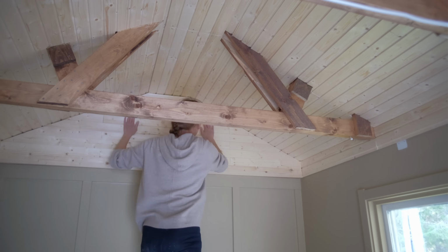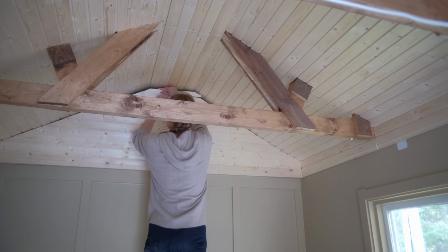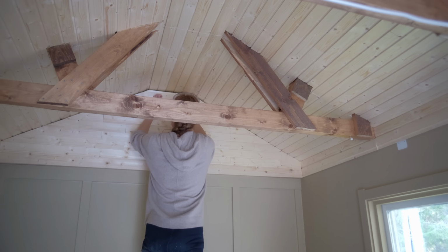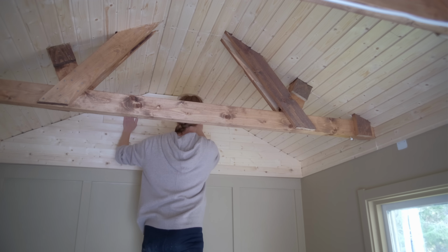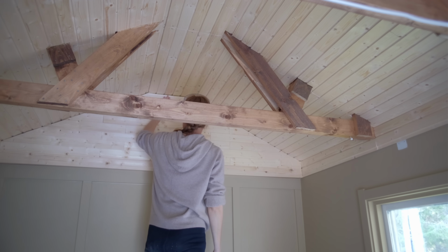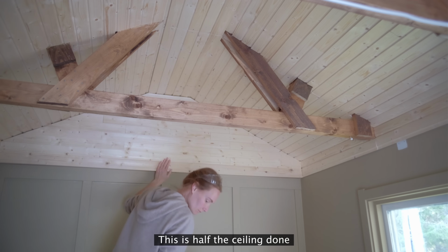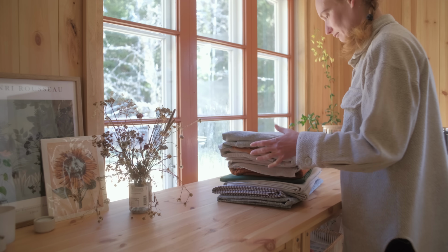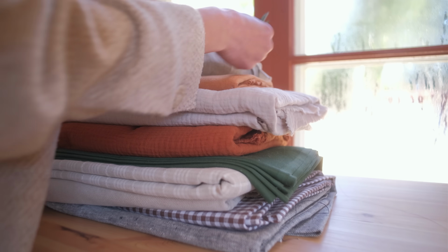There are a few other changes I'm trying to make. I want to spend more time on other things that I love. I've done just a few sewing projects these past few years, but they give me so much joy and happiness for achieving something significant in such a small amount of time. Progress when renovating is slow, so achieving something elsewhere is able to give me that boost that I need to